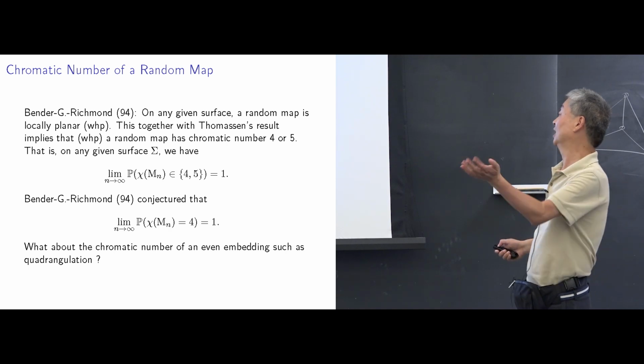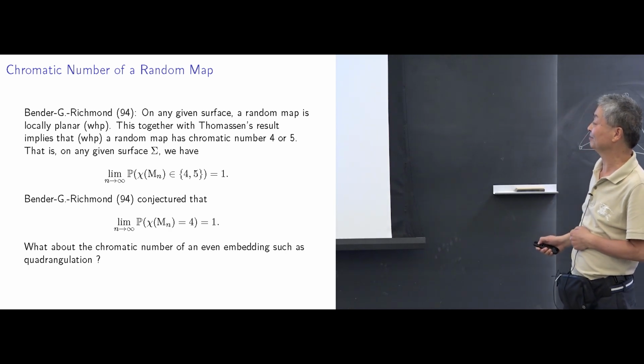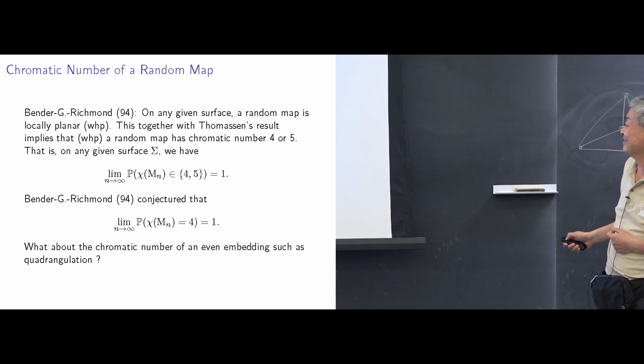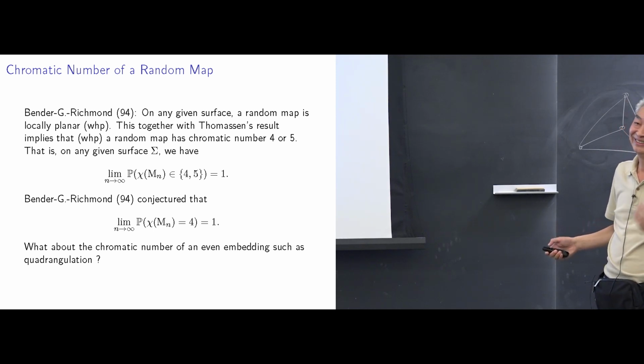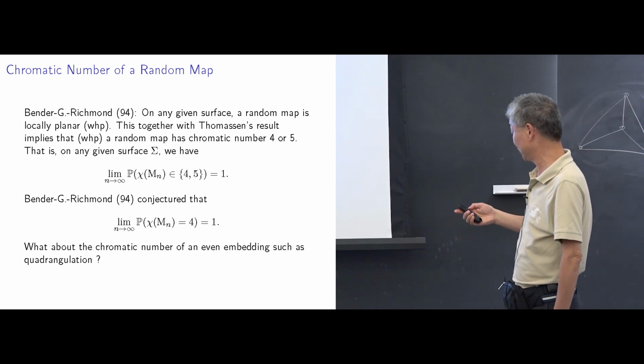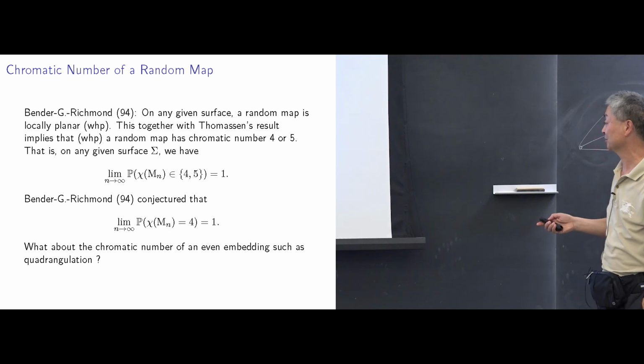And actually, as the time goes by, I become a little bit suspicious about this statement. Okay, maybe the probability of 5 here is not 0. And, well, there's reason for that. So I will come to